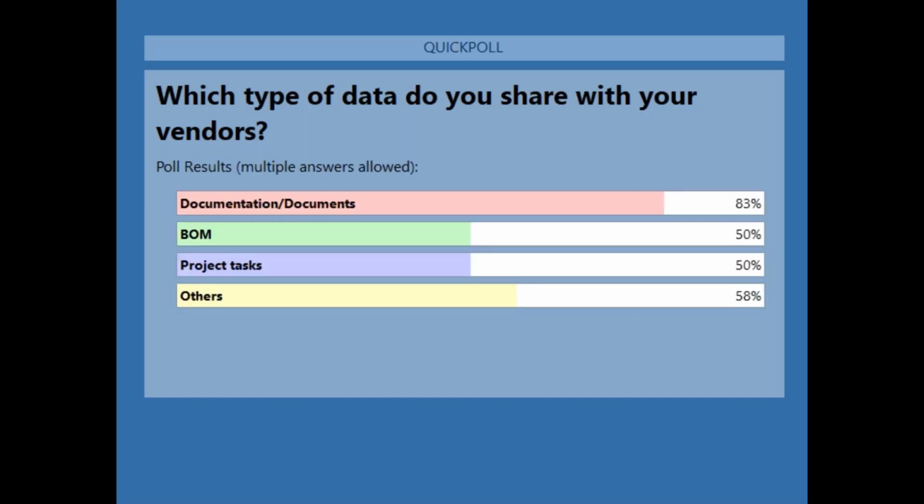So as I can see, majority of you are sharing documents, and I'm assuming it could be something like a Word, PDF, or drawings, or any of those documentation with regards to design or manufacturing process that you're sharing with your vendors or suppliers. And then comes the project activities or the bill of materials. Now, second, around 50% has been given others. So, if you would help us in understanding what are those data points by answering it, like putting a question across, so that we will take that up as we go forward.